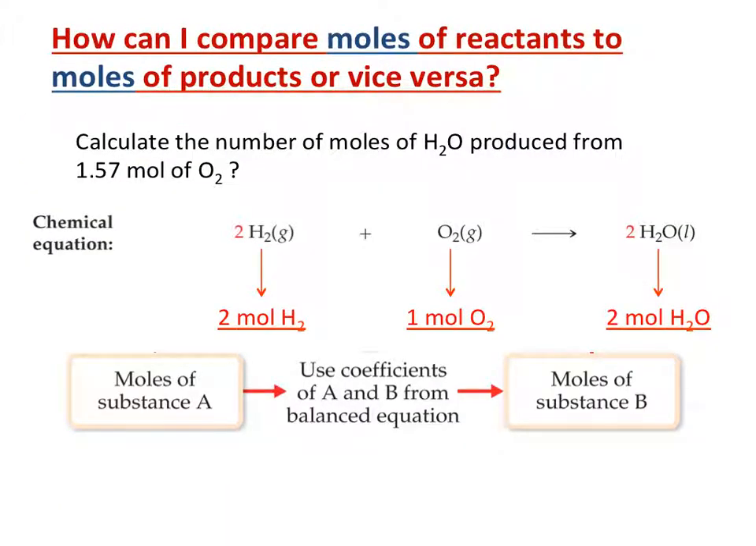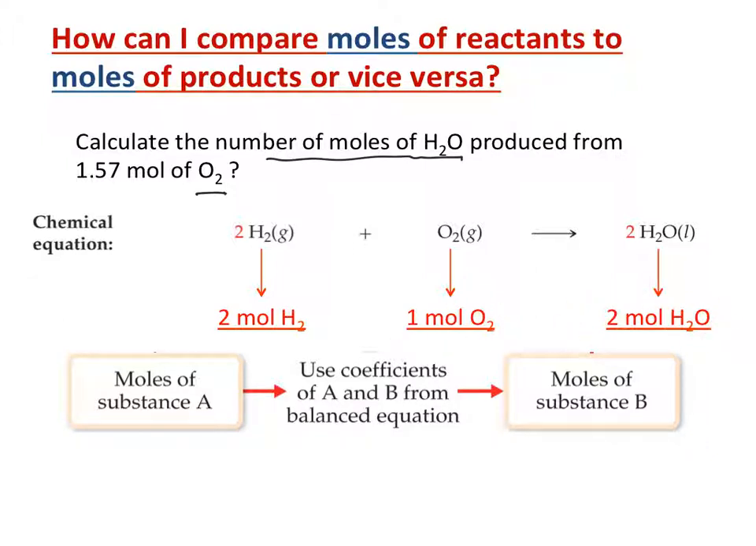And so in this example problem, we're really trying to convert from 1.57 moles of oxygen gas, and we want to figure out the number of moles of water produced. Well, in this case, we're comparing moles of one reactant or product to moles of another reactant or product, and so what we do is we look at the chemical equation in terms of moles. And so we see that we have 2 moles of H2 for every 1 mole of oxygen produces 2 moles